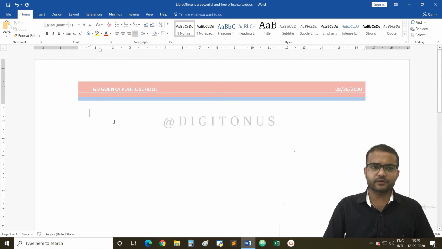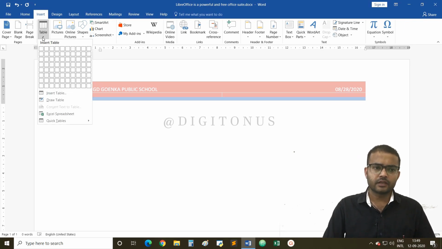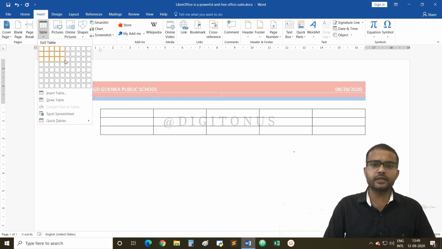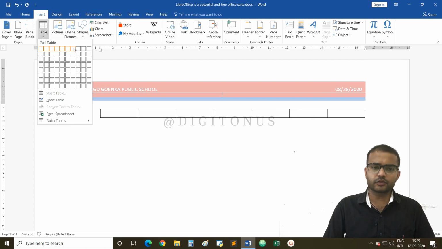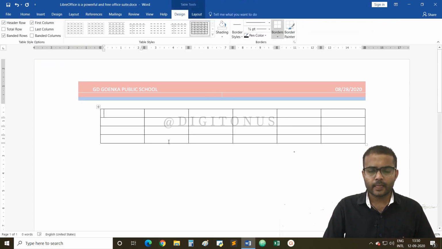Okay. Now how to insert a table in MS Word? There are three methods. The first method is that we can go to the Insert tab, you can see on the screen. Clicking on the Insert tab, then in the Tables group there is an option Table. When you click on that, you will find a grid view. The first method is inserting a table using grid view. Now we can select the number of columns and number of rows we want to have in our table from this grid view. And then after selecting the number of columns and rows, you just click on the last particular cell of this grid view and the table will be inserted. So this is the first method to insert a table in your document.